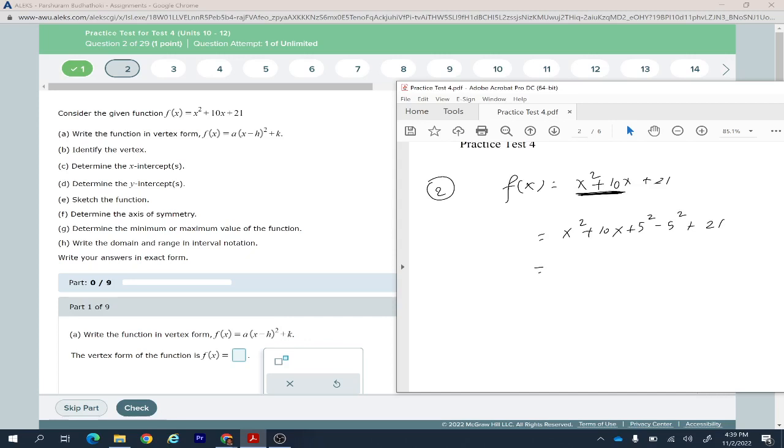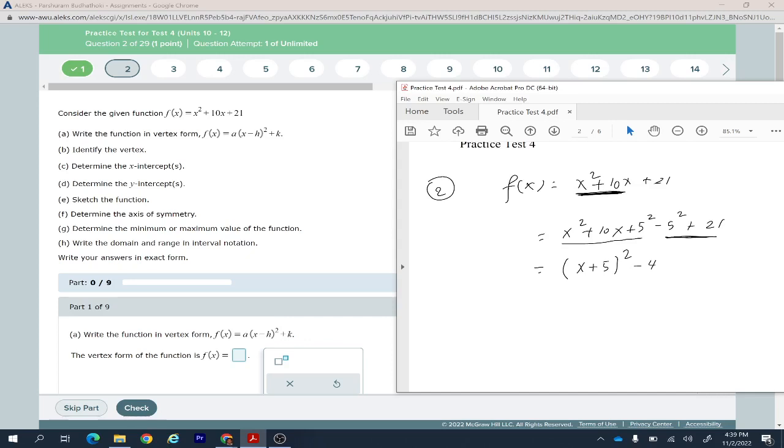By doing that, for these three terms, I can write down x, which is coming from here, plus, the sign coming from here, and 5. These three terms give you the square of x plus 5. So this x is coming from the first square, the 5 is coming from the third square, and this plus sign is coming from the middle one. And now we do the calculation between these two terms, which is negative 25 plus 21, which is negative 4. So this is our